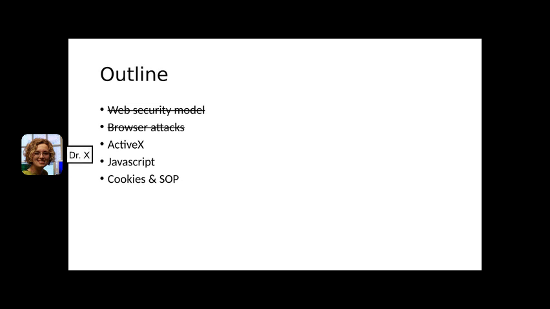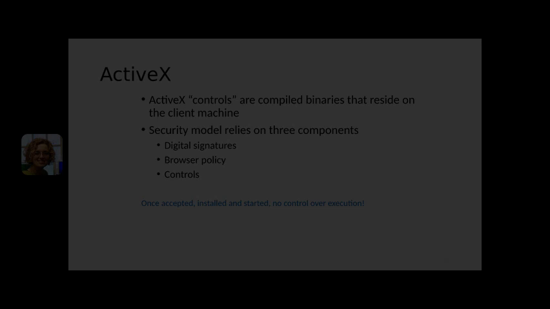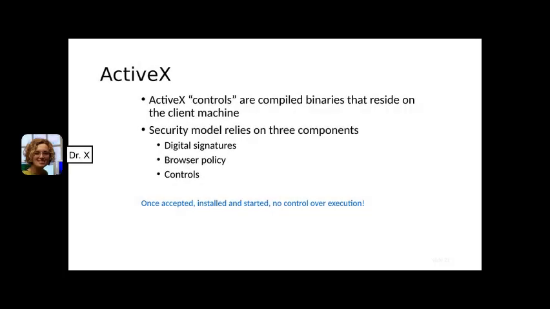Now we will move to specific characteristics or programs or plugins on a browser that make it vulnerable, starting from ActiveX. ActiveX is a menace. It's a Windows software that resides on the client machine, and it's downloaded and installed like any other executable, and it's activated by an HTML object or tag on the page,